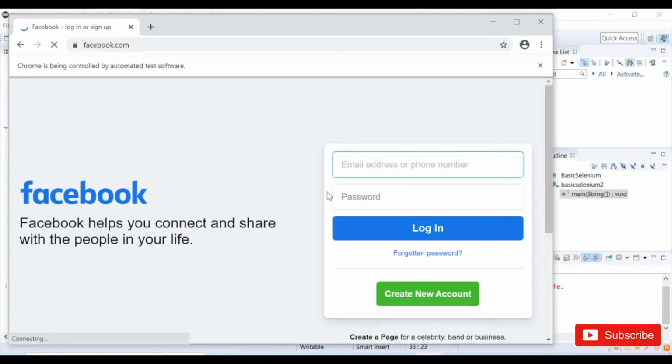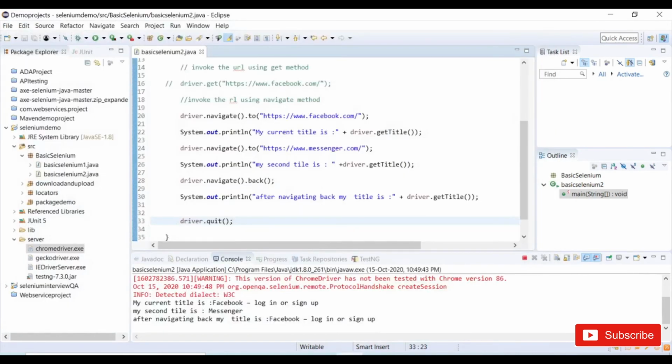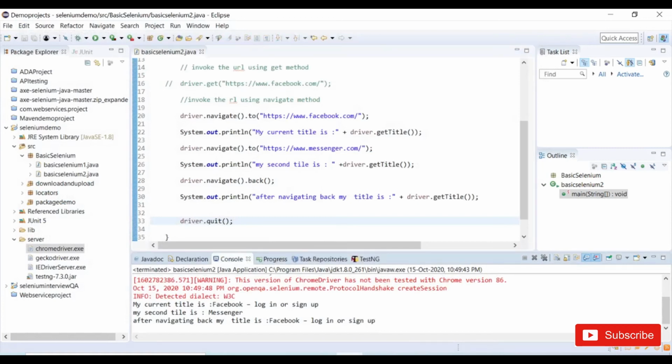Okay, it has launched the Facebook. Then after it has launched another URL, it is going backwards. Here you can see in the console logs, the first one is a Facebook login. Then it opened the messenger, then it went backwards using the browser history.